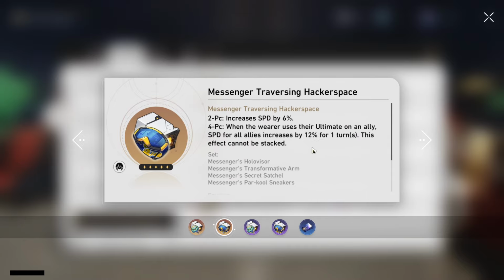And then when it comes to Hackerspace, 2-piece speed is super common, especially on your supports. So 2-piece on one of these speed sets is always just super valuable on its own, and the 4-piece of Hackerspace is also really good, giving everyone 12% speed when using ultimate on an ally. So anyone that does use their ultimate on an ally will give everyone 12% speed, which is also very valuable if you do account for your tunings, because in some cases it might mess up your tuning, so definitely be sure to note that. So this is one that could be recommended on the side